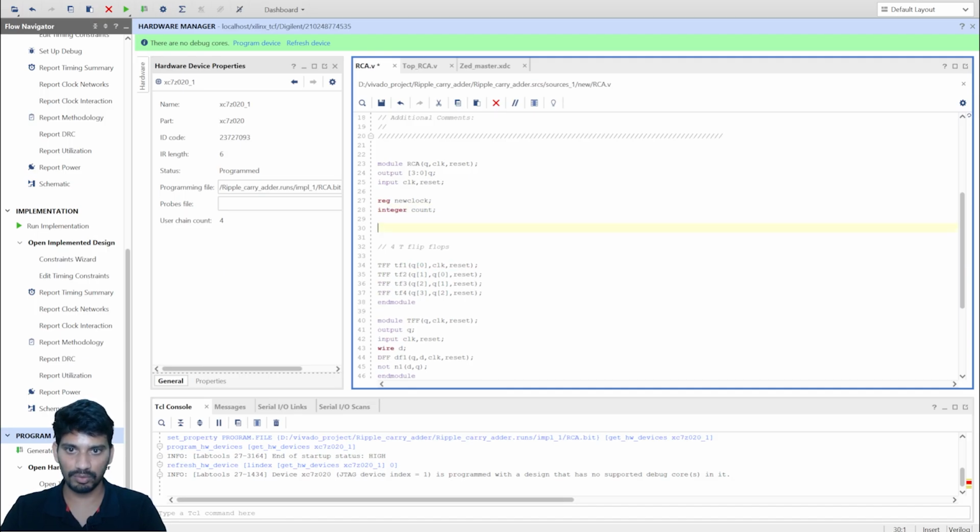Now I want to write a clock divider code. How to write the clock divider code? I will use an always block, always at the posedge of my original clock. What I want to do is always begin if,